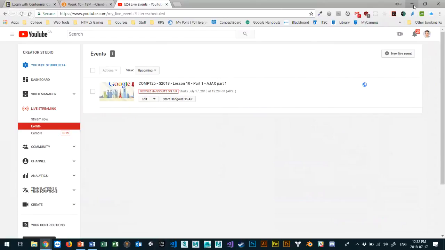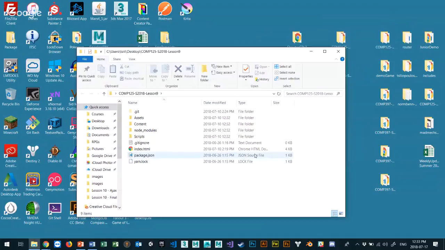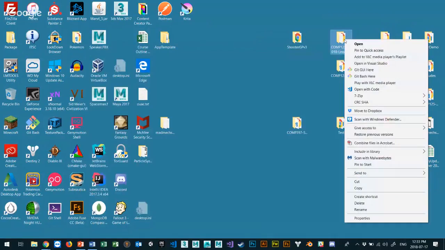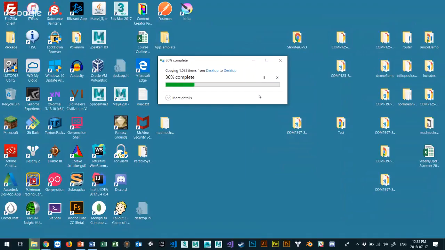So, just to reset a little bit, we've got to go back to COMP125 S2018 lesson 9A, I believe, because 9B was with Create.js. I don't want to clutter your stuff with those libraries, so I'm going to make a copy of 9 and make it into 10. Create.js was just a real quick and dirty how to do things with Canvas,